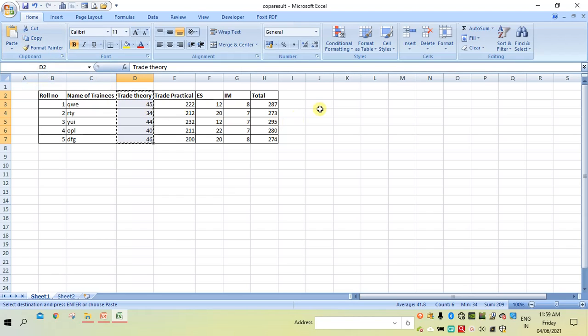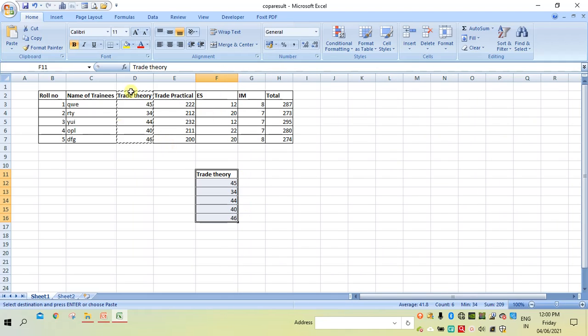Then take the cursor where you want to copy. For example, I want to copy in this cell. Then press Ctrl V, or you can press directly on this option. So here it is pasting. This content is copied here.